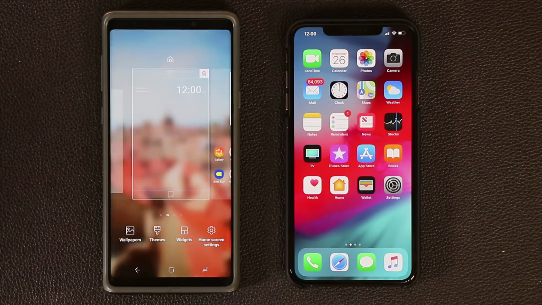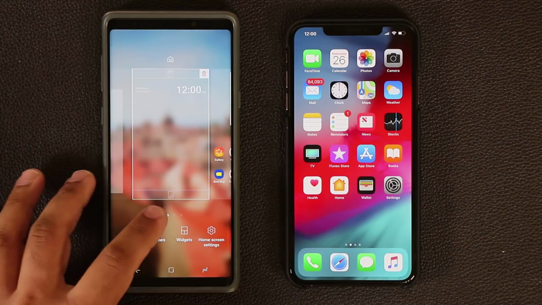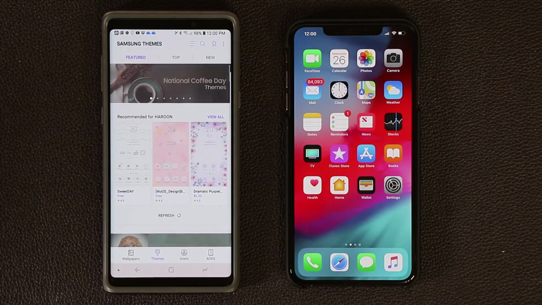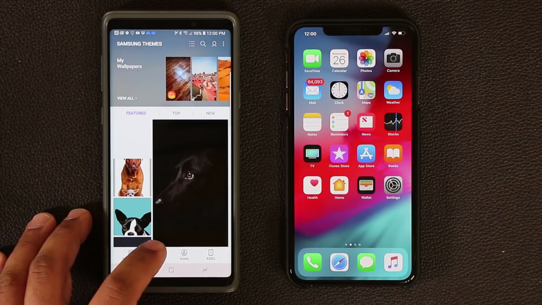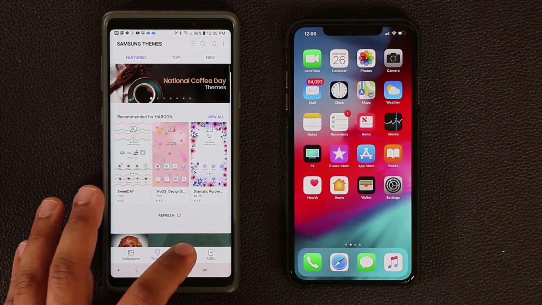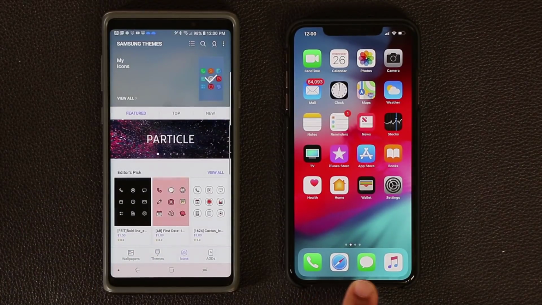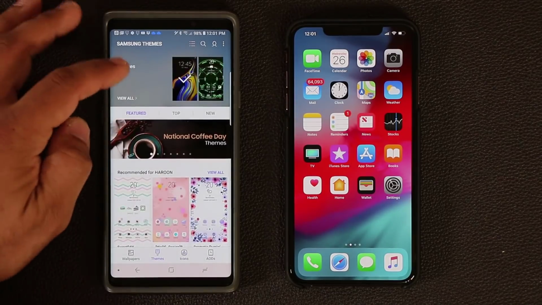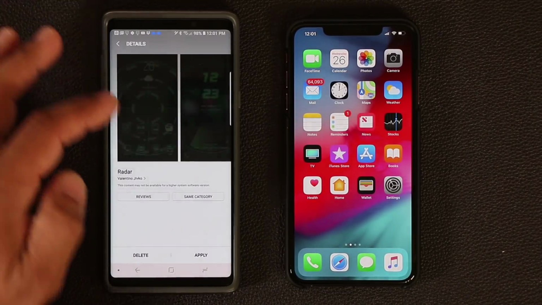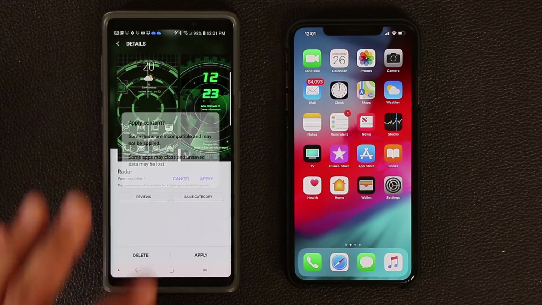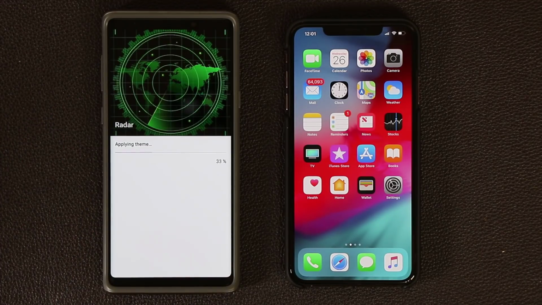So if I pinch over here, what I can do is I can go to the themes, and at the themes, I can download wallpapers, or I can download actual themes, or I can download icon packs so I can customize these icons here. Scroll down, go to my themes. I can basically tap on this guy, click apply, and it's going to apply that entire theme across the board